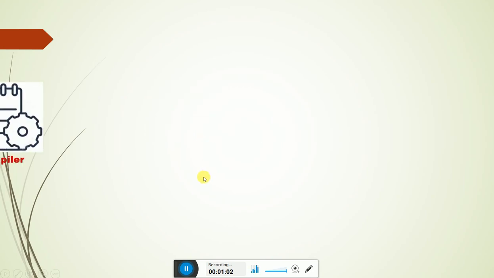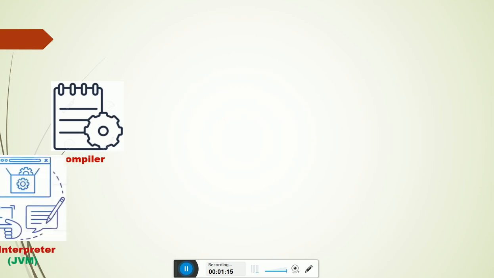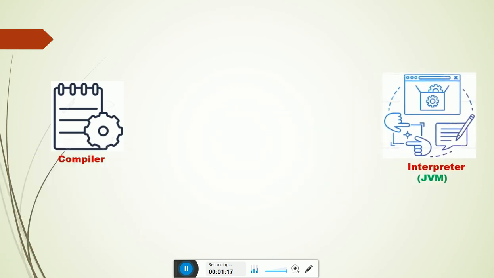First is the compiler, which basically generates the bytecode, the machine code of our Java program. And second is the interpreter, which actually executes the bytecode on the system.